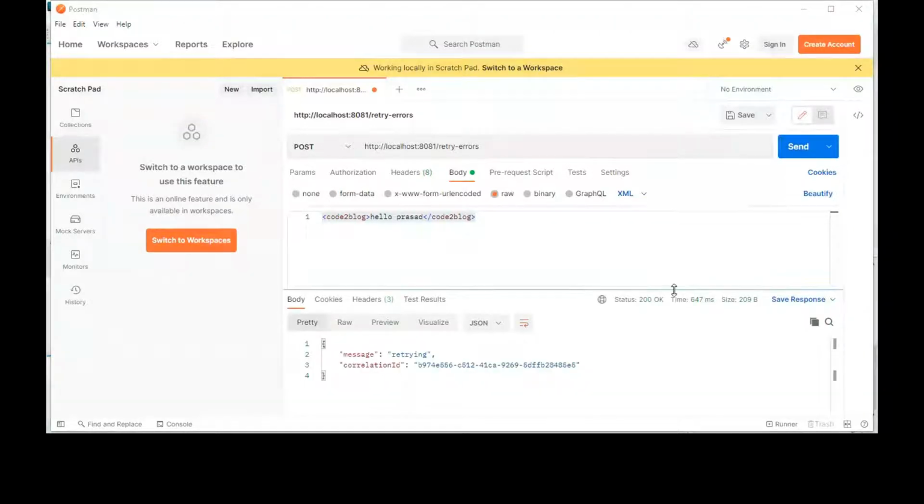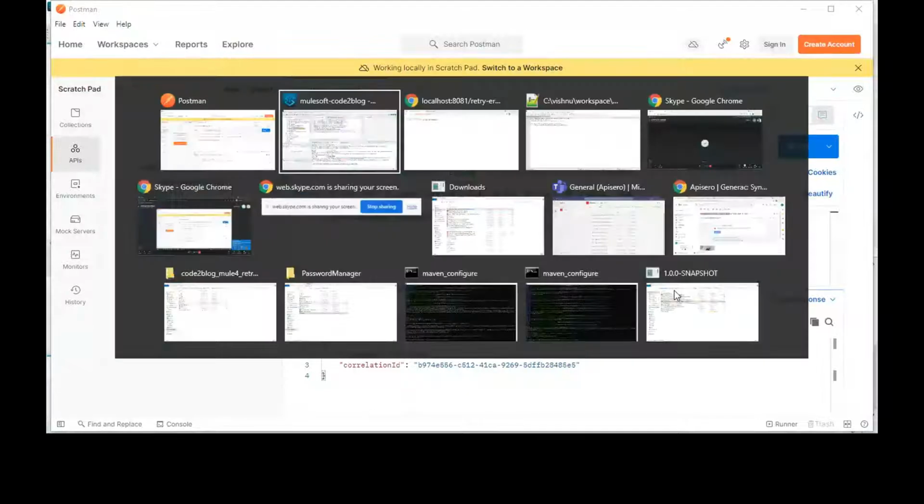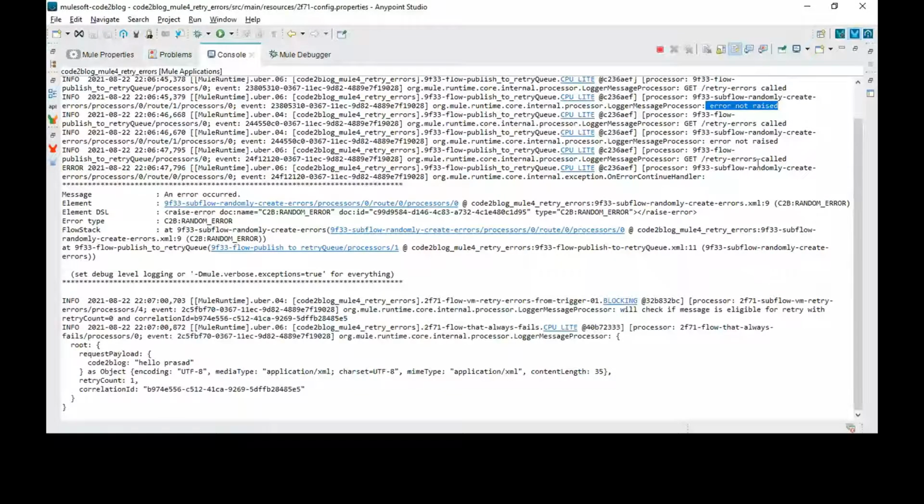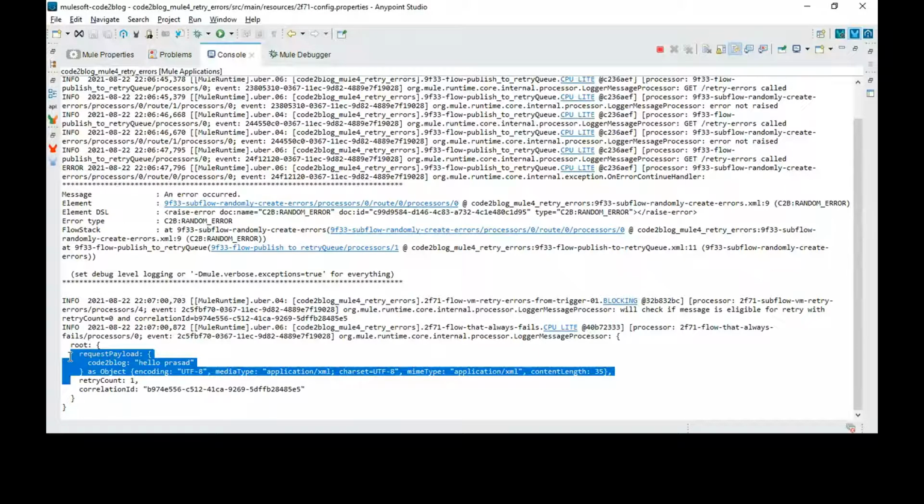Here I demo another data type use. Notice the use of correlation ID. And the same correlation ID is getting passed around.